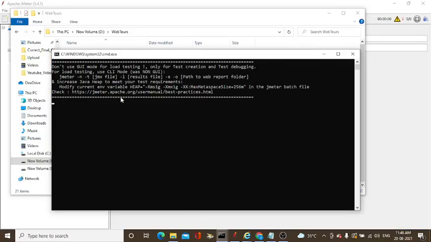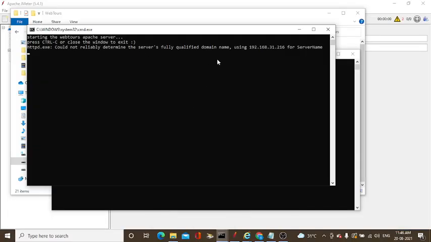This is the way it will open. This IP address by default will be our machine's IP address, and sometimes it will change dynamically also. Now, what settings do you need to do before recording?